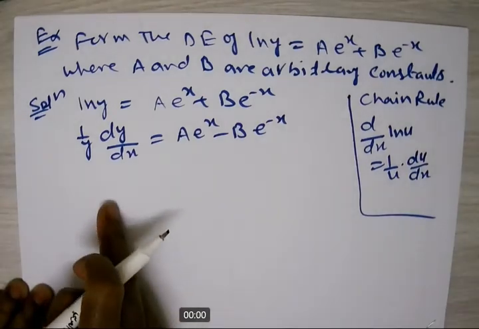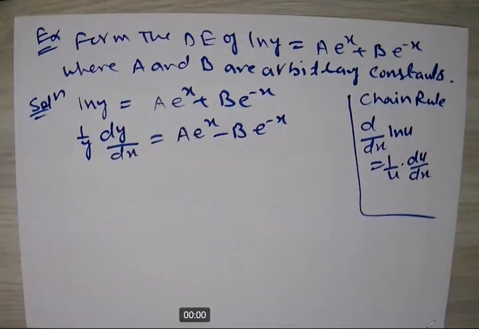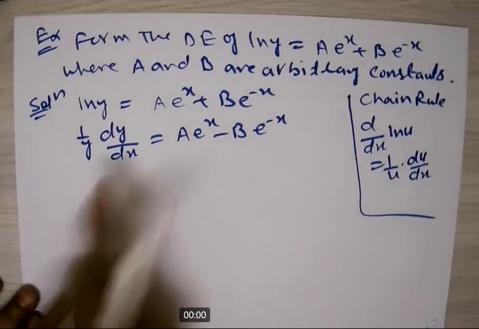Now see that one, this is the first derivative, because as I told you in the beginning, in the formation of differential equation, if two constants are given, you need to differentiate two times. If one constant is given, you need to differentiate one time. If three constants are given, you need to differentiate three times. And after getting the derivative, you try to cancel, delete all arbitrary constants from the given equation, and this will be solved by using algebraic way. So see that one, this is the first derivative.